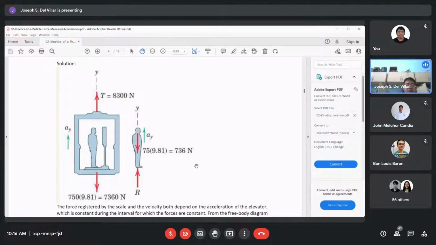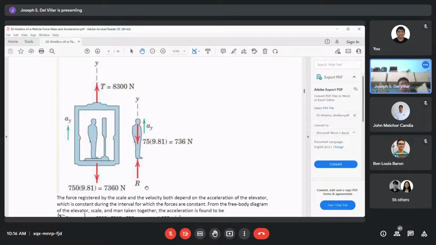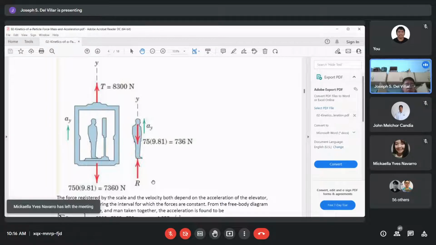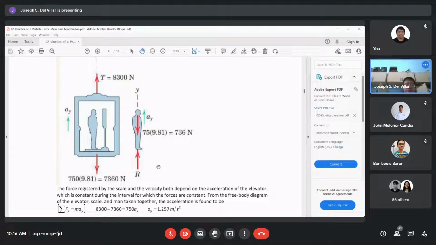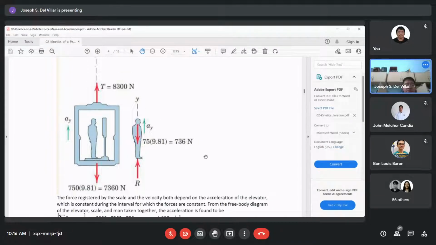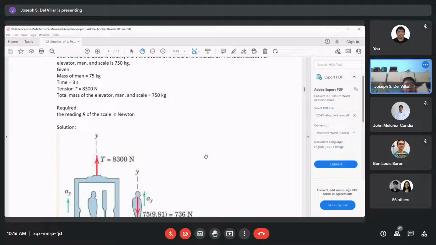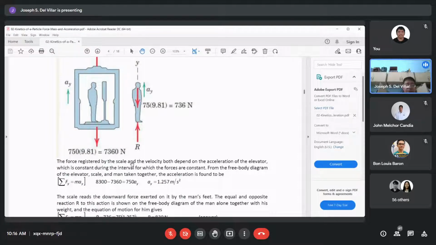Okay, the weight, no? So weight of the man, weight of the elevator, and ito yung weight ng tatlo, no? So merong reaction. So the force registered by the scale and the velocity, okay,